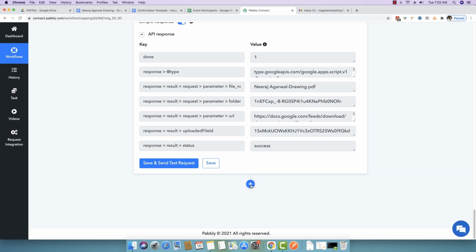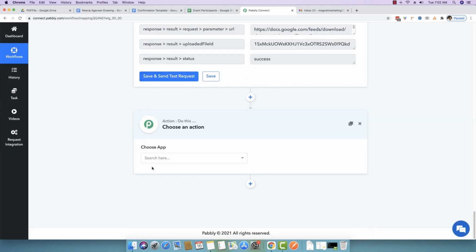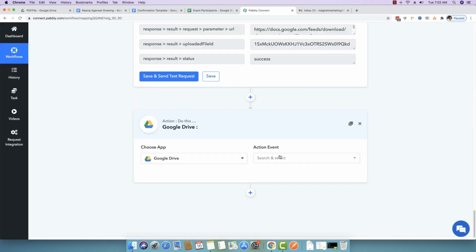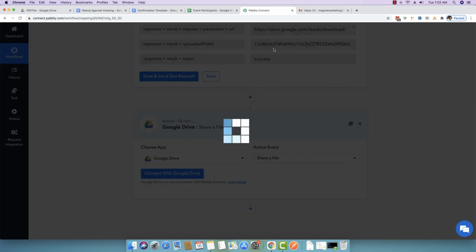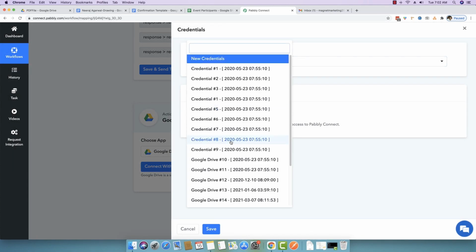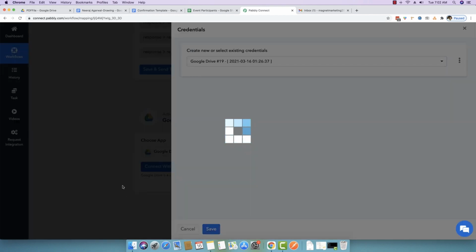So all you have to do is click the plus button right here. Okay, and because we want to share the file with the very same participant, again select Google Drive action. So select Google Drive as an app, and then you just have to select this option which says share a file, connect with Google Drive. We have already authenticated one request, so select the Google Drive 19 option right here, click on save,